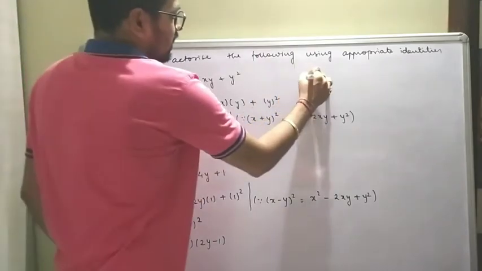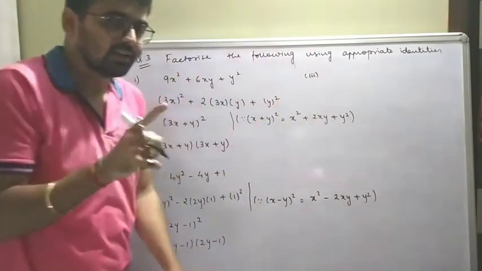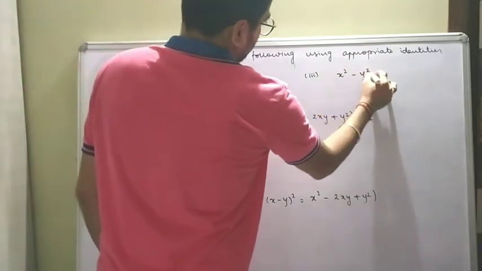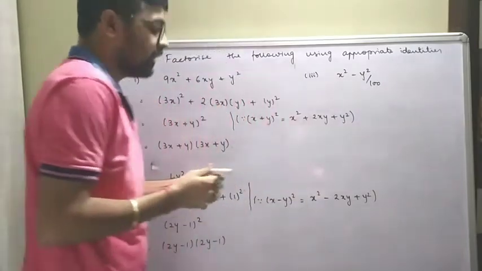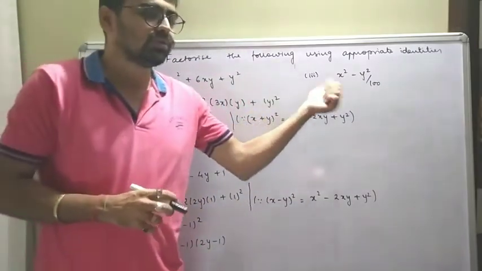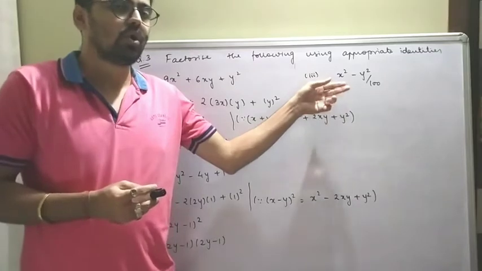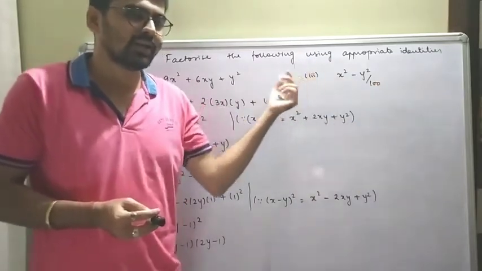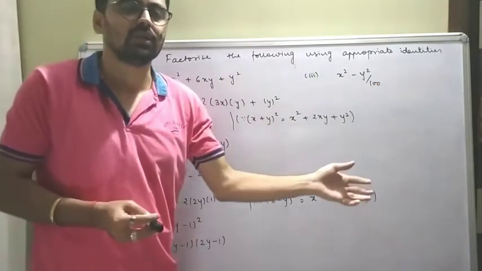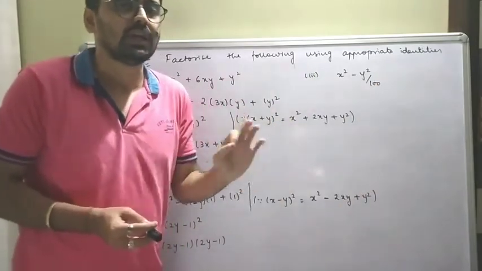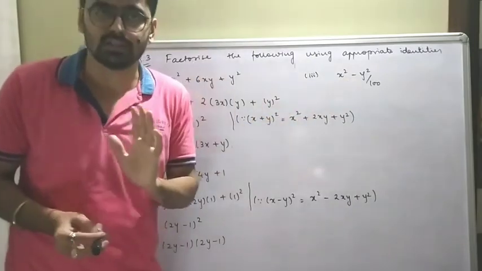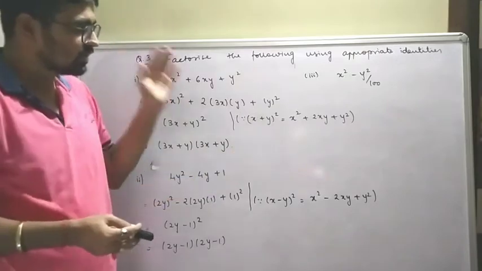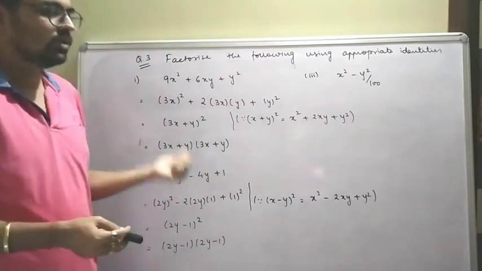Now the third one in this particular question, that type of questions we already did. So I'm just going to write the question for you. X square minus y square by 100. Correct. We did this type of question in the example, so I'm giving you this as homework. How? X square minus y square. X minus y into x plus y, that will simply give you the factors. There is no difficulty at all to solve this kind of a factorization. Am I clear with this question number 3? If you understood this, please pause the video and note it down.